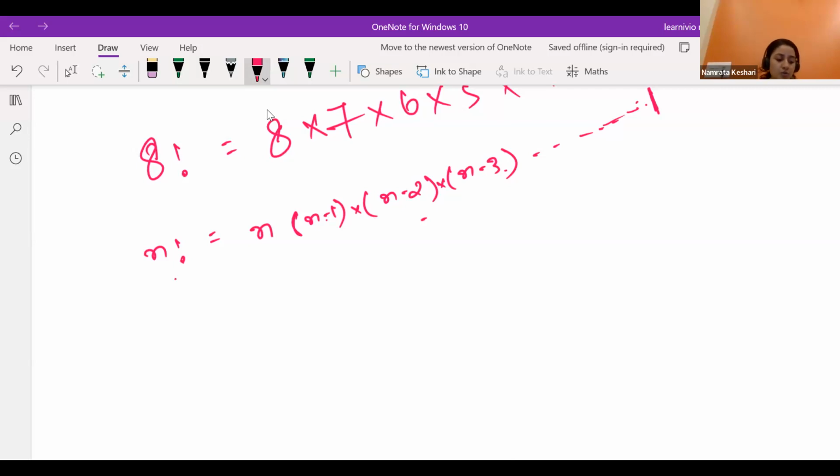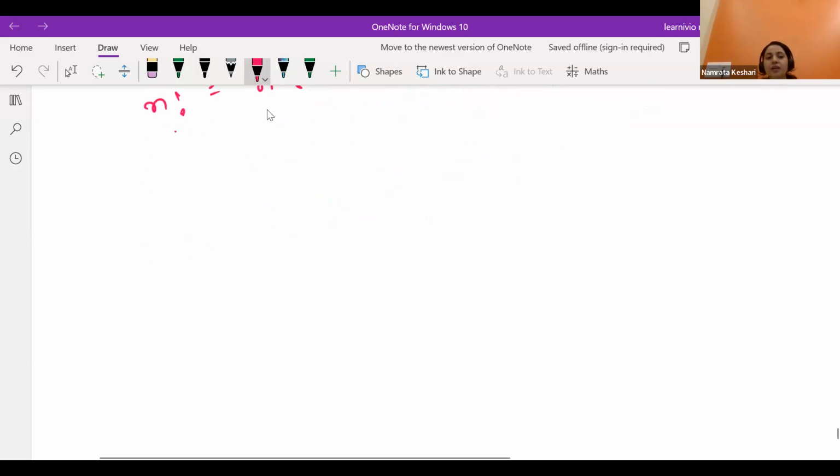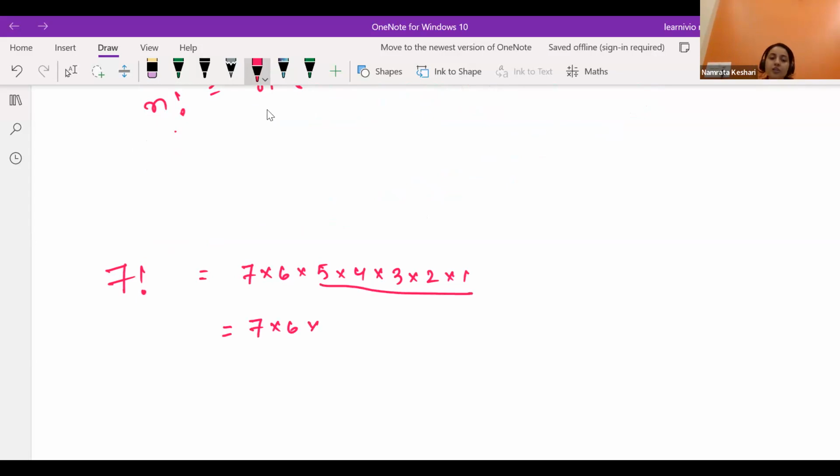So if you understood what is factorial, then yeah, here I want to show you one more result. That if you are having 7 factorial, we can write it as 7 into 6 into 5 into 4 into 3 into 2 into 1. We can also write it as 7 into 6, और ये जो सारे हैं इनको हम 5 फैक्टोरियल भी तो लिख सकते हैं. हाँ या